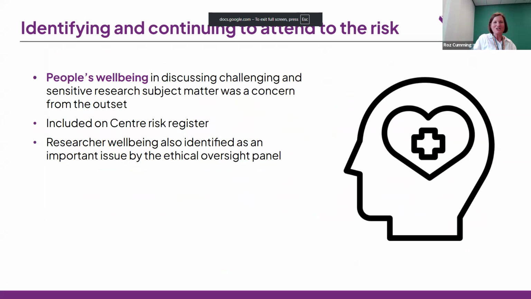When we were establishing the centre at the outset, we had to take a risk mapping approach. So we had to set up a risk register as part of our funding. We did that in quite a structured way, and we had something that looks very similar to the example, Karen, that you shared at the beginning. And people's well-being came up right from the outset, in part because of the context we'd set for ourselves and the values and principles that we were keen to establish.